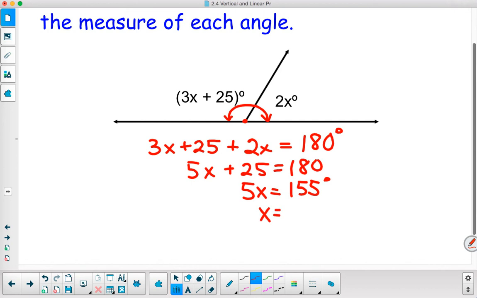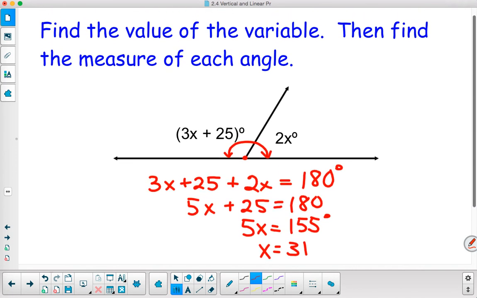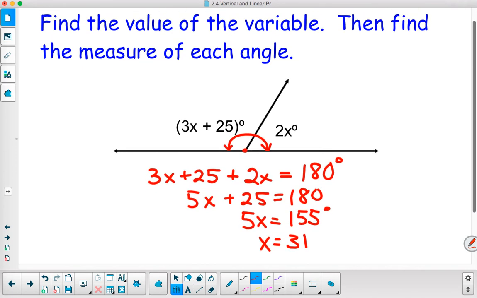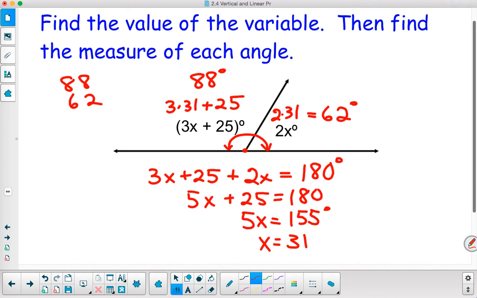Divide by 5, I think 31. Now the directions said find the value of the variable, which we just did, then find the measure of each angle. So substitute back in. 3 times 31 is 63 plus 25, 88, I believe. Okay, then 2 times x, 2 times 31 is 62, and notice that 88 plus 62